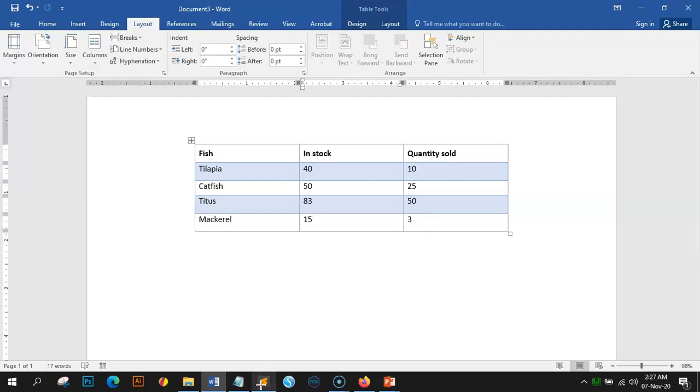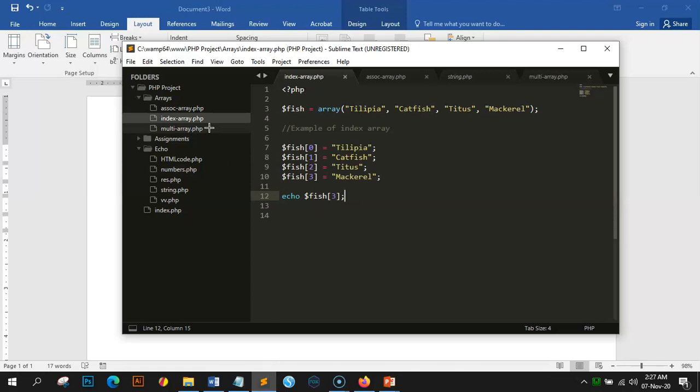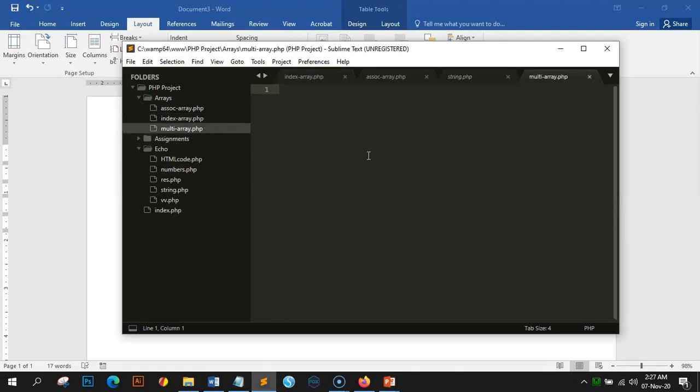So heading over to Sublime Text, let's go to our multiarray.php and create a multi-dimensional array using our fish example as we saw in the table. Now open the PHP tag and let's say, example of a multi-dimensional array. Now, using the example of fish as we saw in the table is going to look quite different from the index array.php